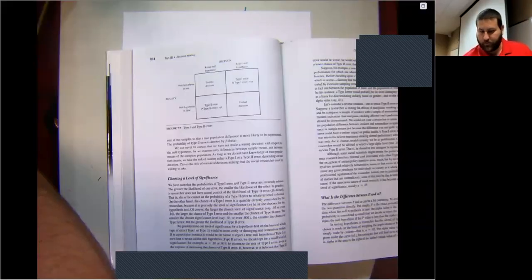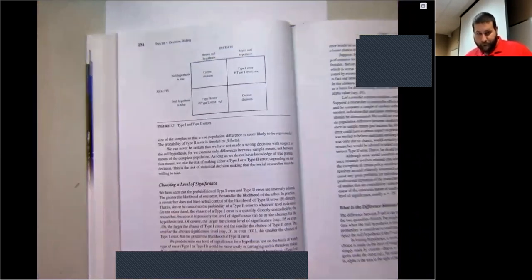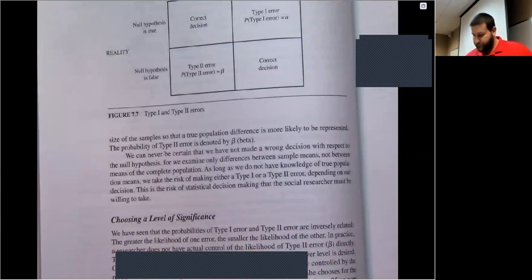So let me put this up here, and rather than draw it again, I think I'm just going to put the book up here and try to show you from the textbook. So hopefully it's going to work out okay. Let me see if I can zoom in on this. Okay, so